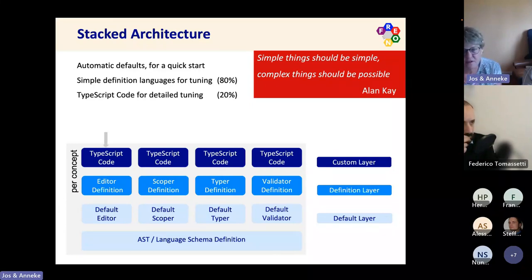If there is TypeScript code, a custom layer for a concept, then this code will be used. If there's not, then we go to the definition layer. If that is not present, then finally we will use the default layer. So that makes the whole architecture very, well, it's complex to define, but it's very flexible to use.